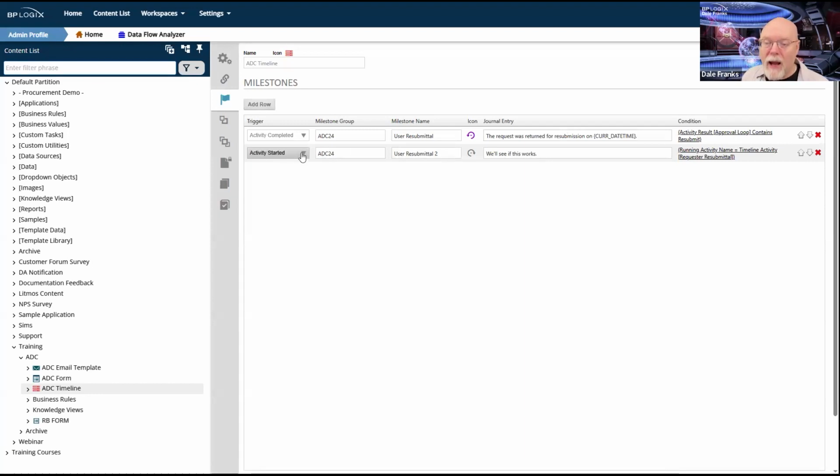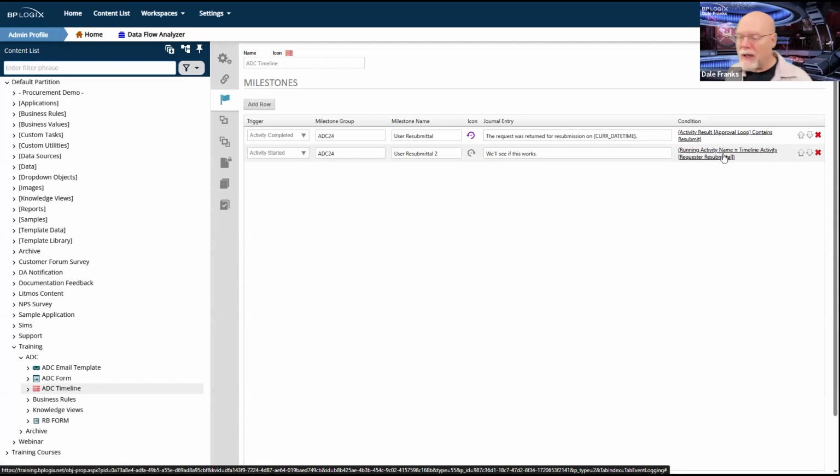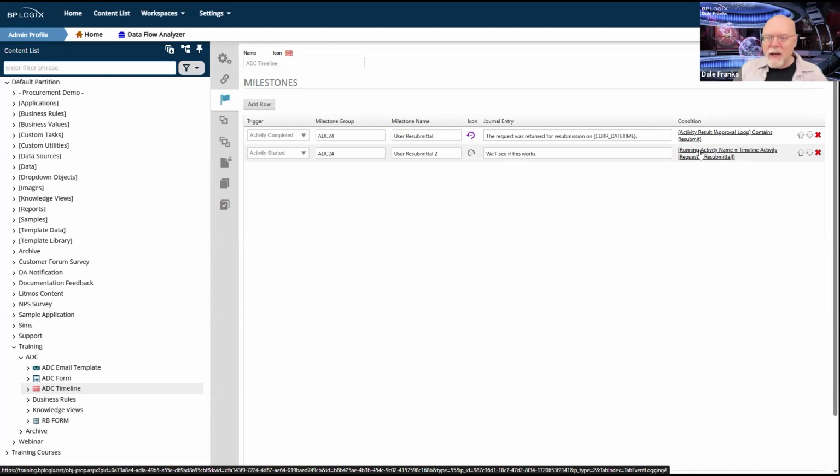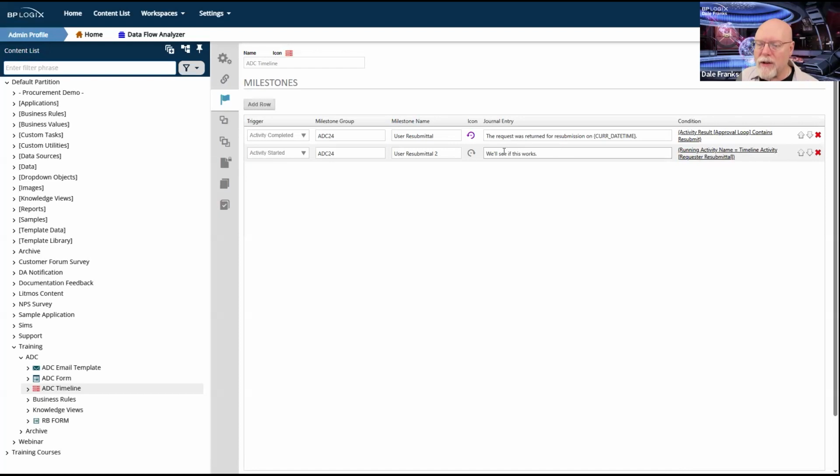Or I can use activity started. However, if I use activity started, I only want this to occur if the running activity, the activity that got started, is the requester resubmittal activity. This trigger is going to fire on every single activity whenever it starts. So I've got to specify which individual activity under which I want this to run.